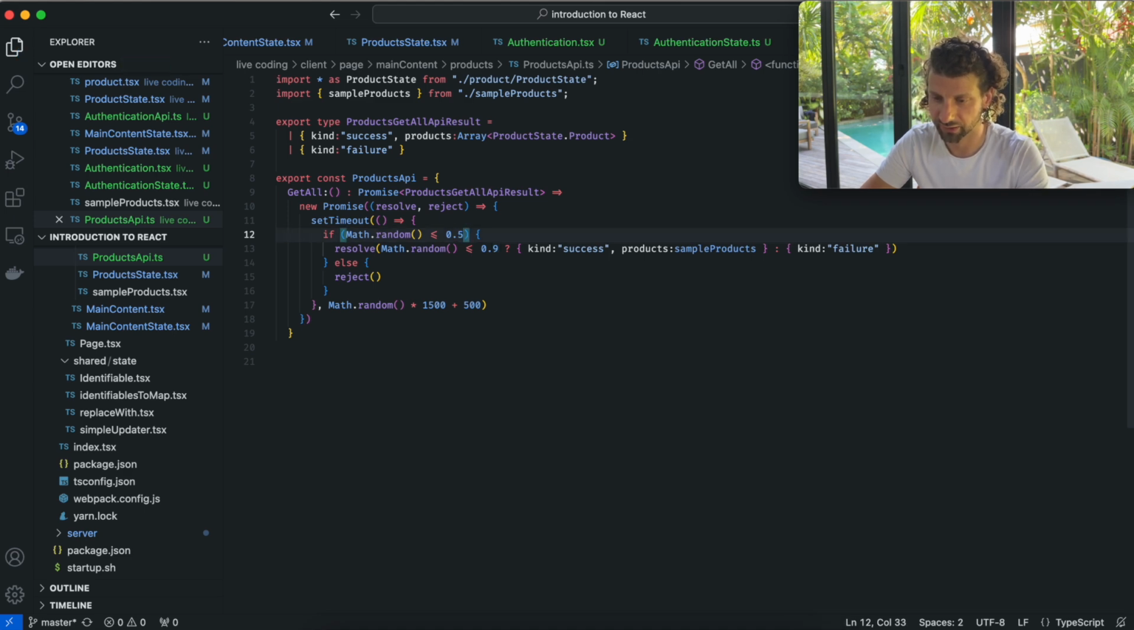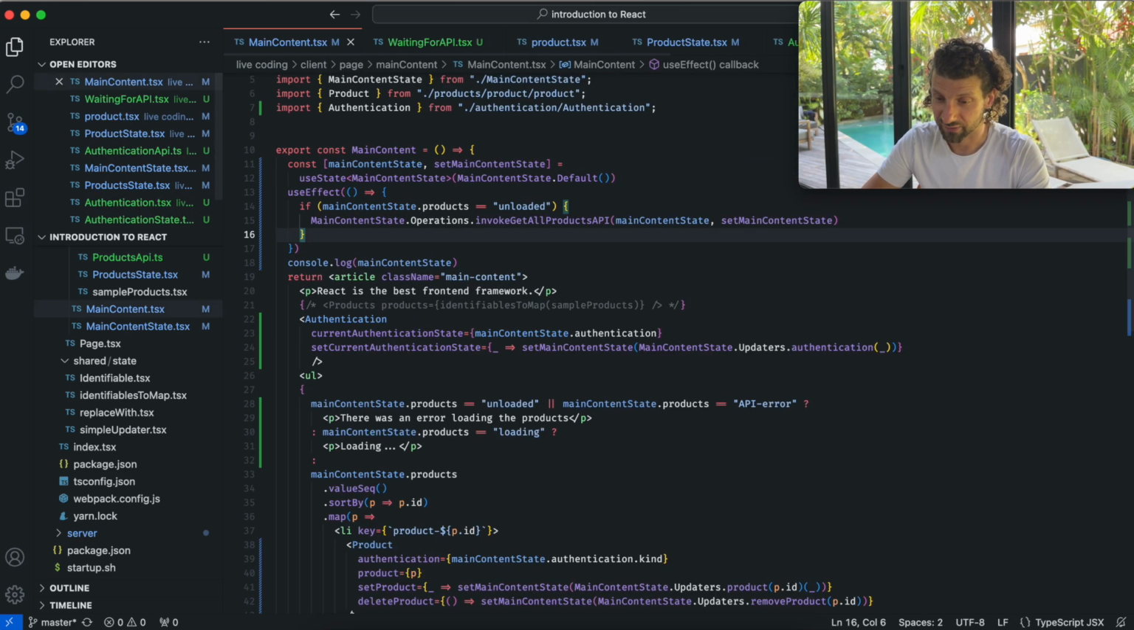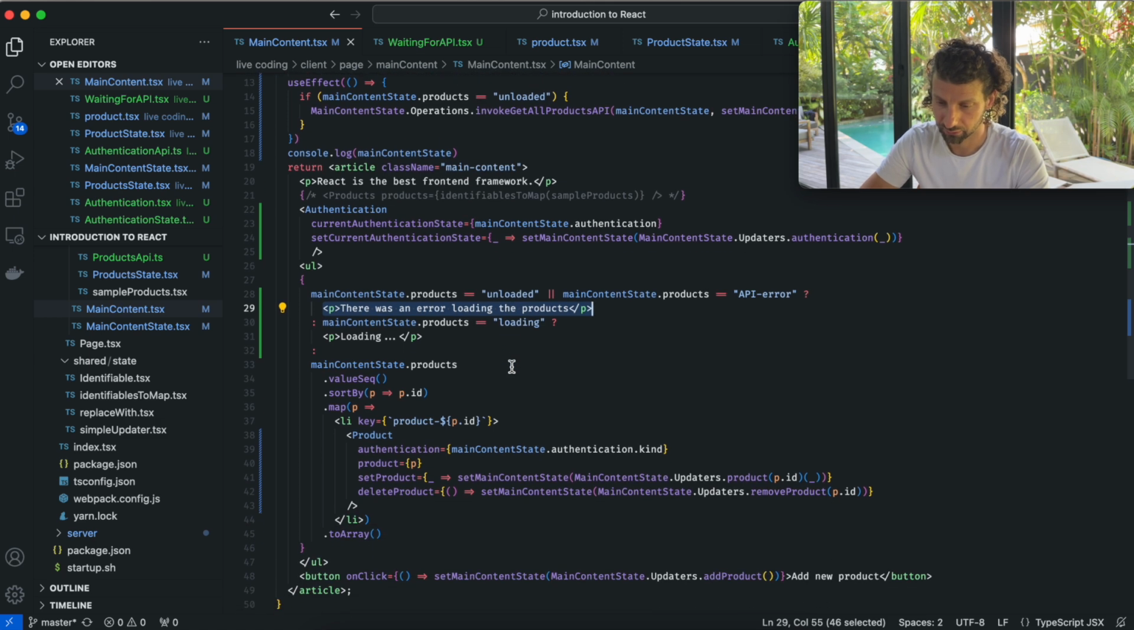Let's actually make this thing fail 50%. No, even more often. Let's make this thing fail 90% of the time now, because I want to give the user the ability to get themselves unstuck. Namely, if for whatever reason the state has stuck to unloaded, then what I do want to show is a button that makes it possible